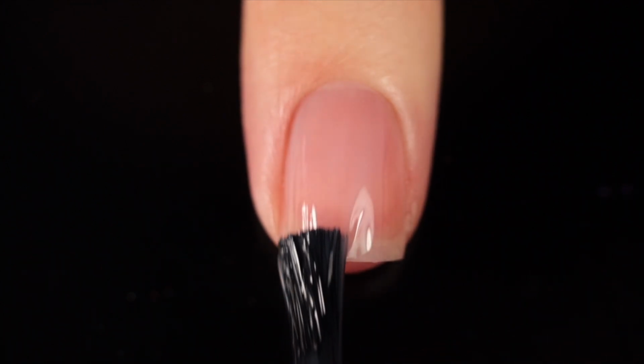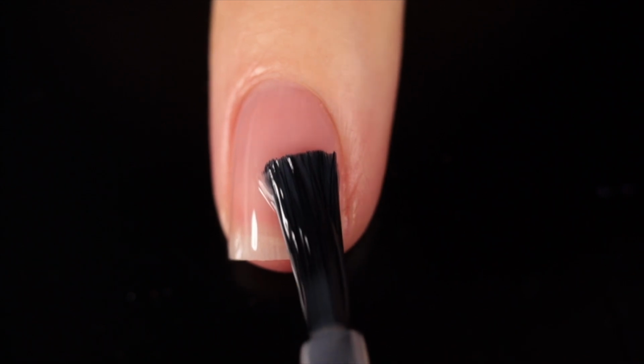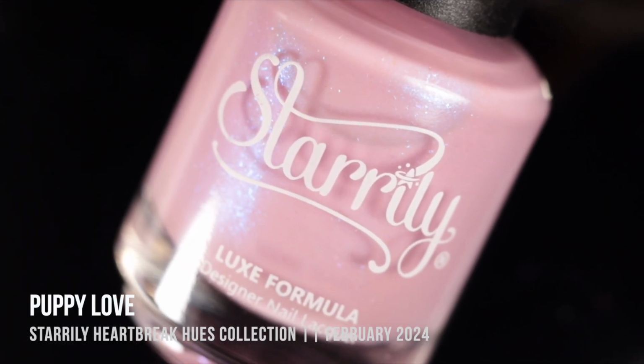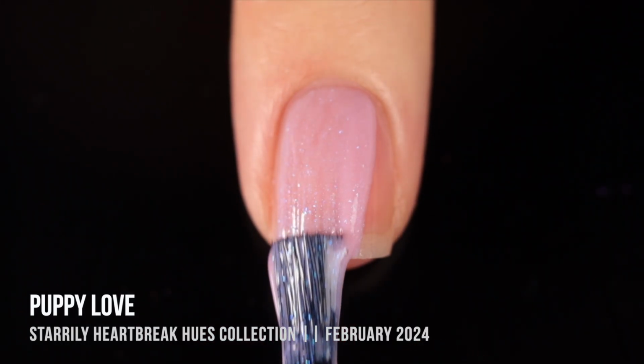As with all of my swatch review videos, I am using base coat underneath all of my swatches just to protect my natural nail and prevent any stains. Today I'm using the Starrily Guardian base coat. Starting off with these specialty polishes, this first one is called Puppy Love, and this one is a really soft